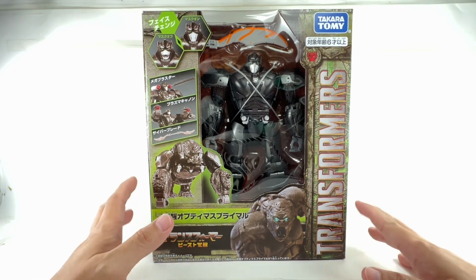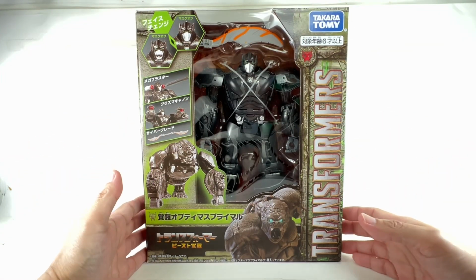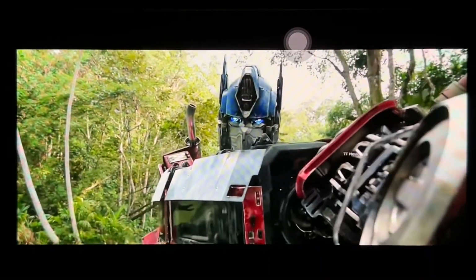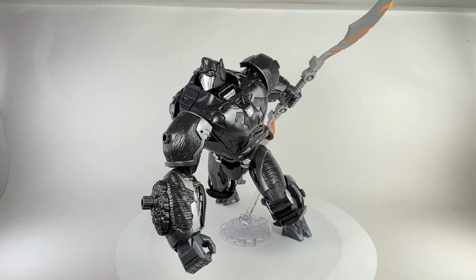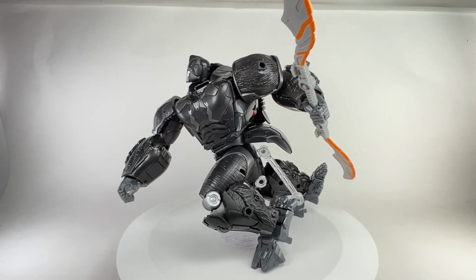I mean, Takara Tomy usually never disappoints when it comes to their own versions of Transformers. I picked up this figure from Robo. Let's get this bad boy out of packaging. Optimus Primal, named after you. And here is the Ultimate Optimus Primal out of the box, and boy, this figure is a beast, pun intended,